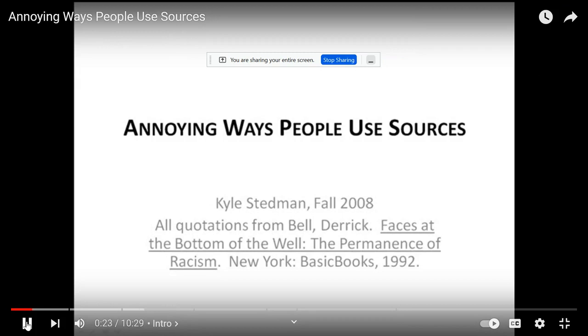At the end of the book, he tells this hypothetical story in which he hypothesizes that if aliens came down to the United States and said, we will fix all kinds of your American social problems for one condition, if you give us all the African Americans in the country and let us take them away into space to do whatever we want with them. And his hypothesis is that if that happened, white American leaders would agree to the trade. So if you're confused by some of these quotes, that's what it's referring to. So you can see we've chosen a bit of a ridiculous thing to use for sources, but to show you the annoying way people use sources.